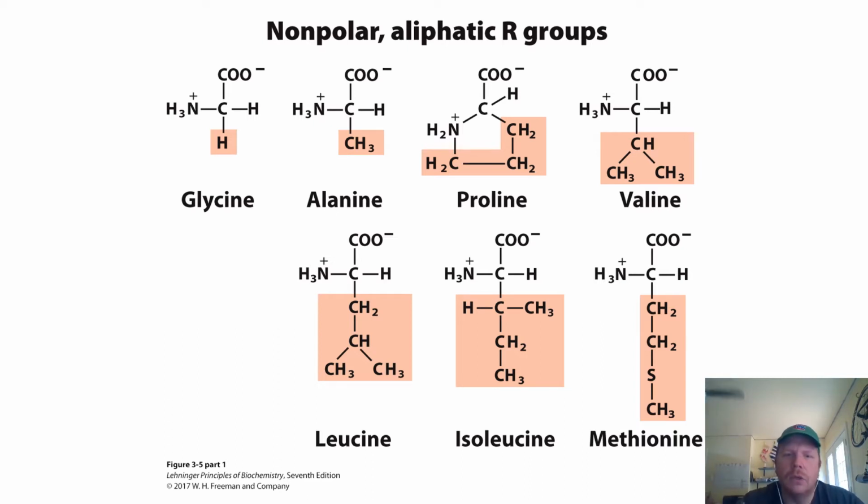Okay, and so when we look at this R group, we've got glycine and alanine. Those are both small. Glycine is simply a hydrogen, alanine is a methyl group. Okay, then when we go on to proline, valine, leucine, isoleucine, methionine, what's happening with those? We've got another sort of,